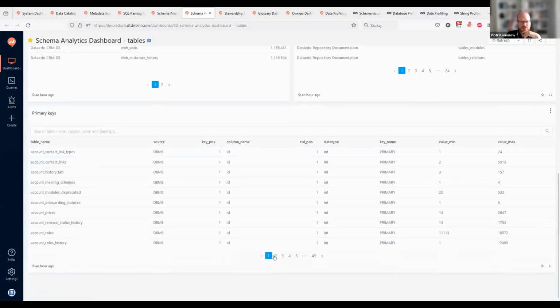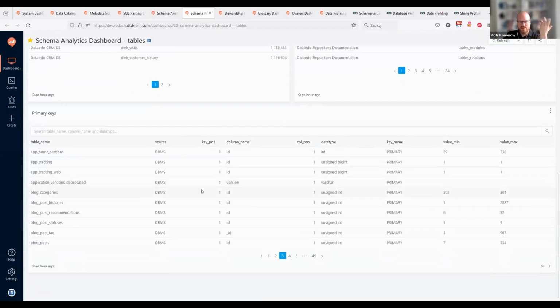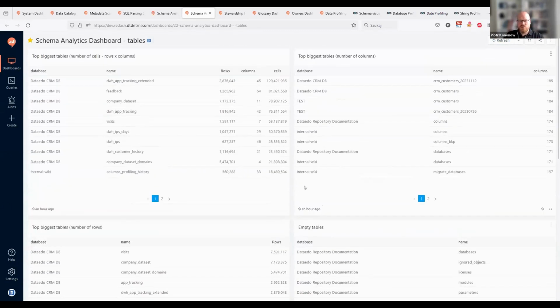Yeah, so it's also interesting to analyze what data types are used, what naming conventions, and so on. So things like that give you an idea of the schema of your data estate. Let me switch to, yeah.